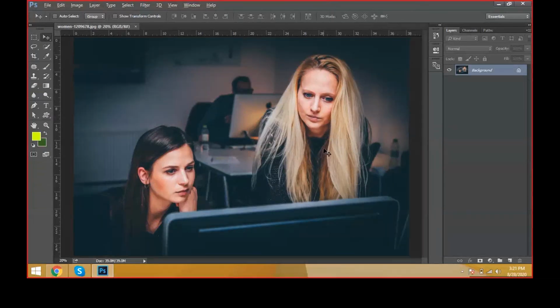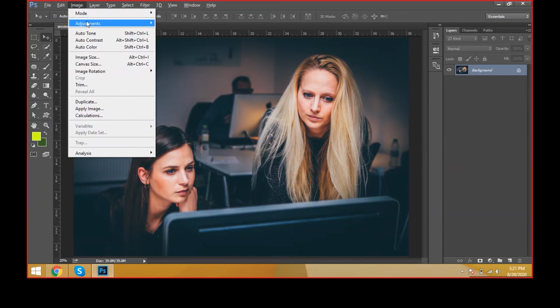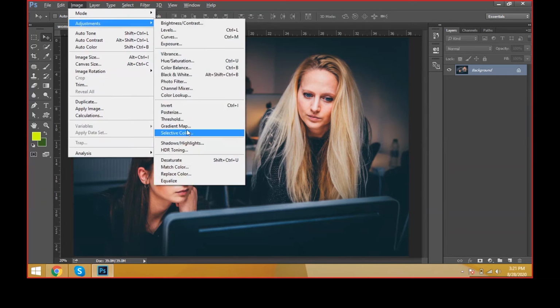You can see this image document and what tones we have in this image. More heavy tones. This is a red tone, the face. But this is not a natural color. We would like to give some natural tones, not completely red tones. We have to decrease the red tones. Come to here, image adjustments, and go to the selective color.